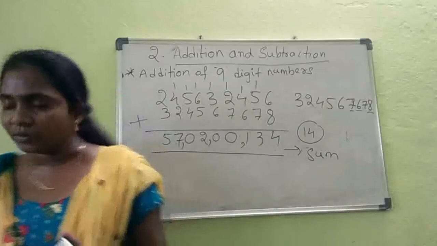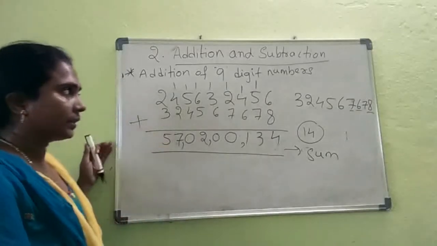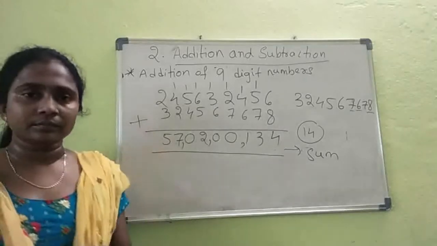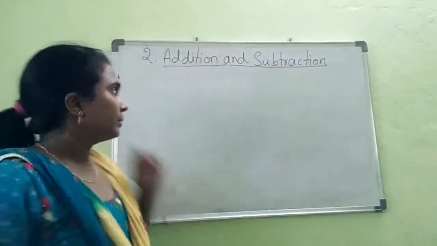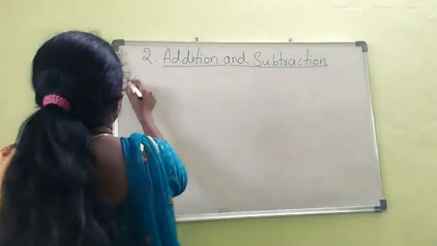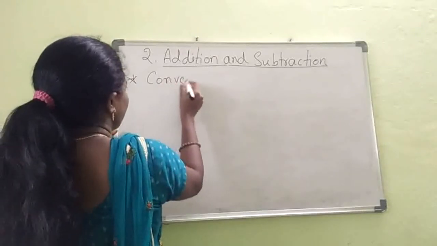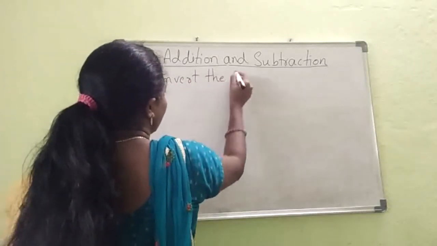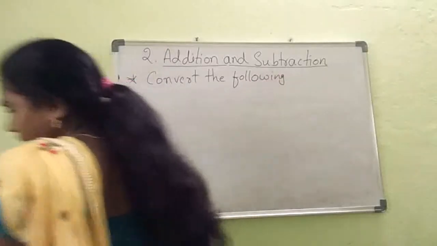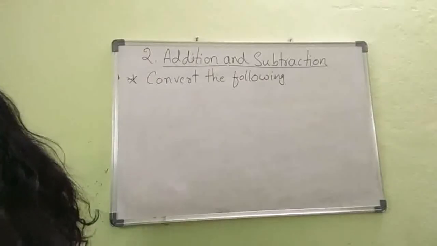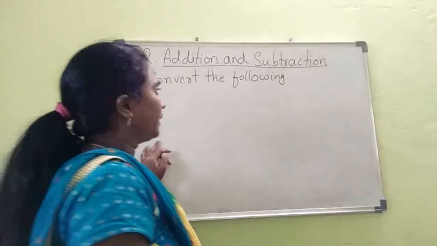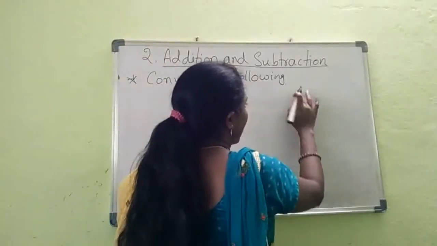That means if they give 1 unit, 1 distance or 1 liter, anything, those are units we need to convert, right? Now, we'll start to see the conversions. Convert the following. So they will give you one unit and you need to convert it into another, right? Suppose first we'll see the standard values, okay?